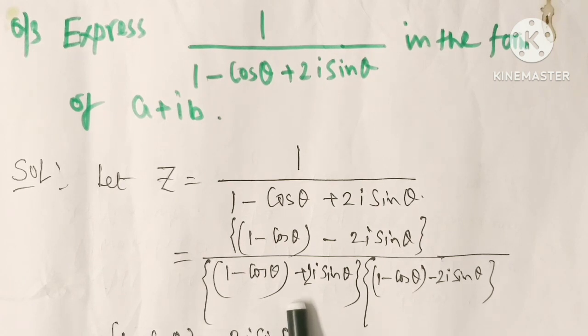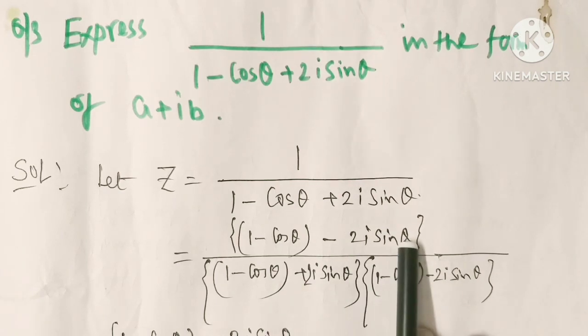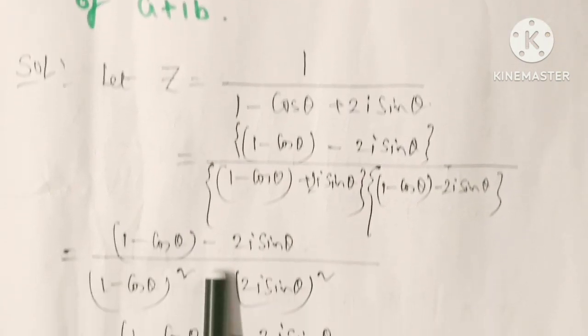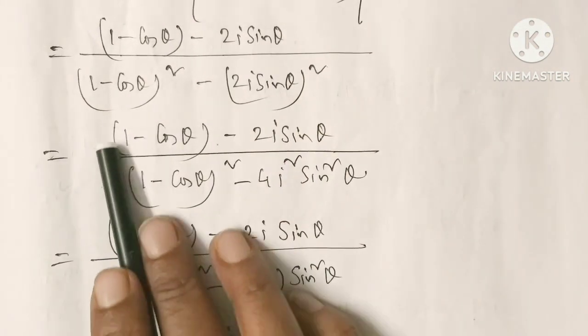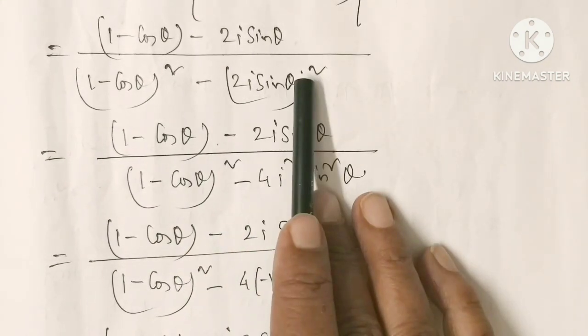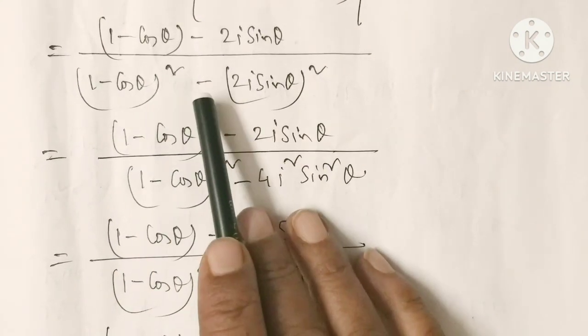Multiply both numerator and denominator by 1 minus cos theta minus 2i sin theta. We get in the numerator 1 minus cos theta minus 2i sin theta. In the denominator we follow the a square minus b square structure, that is (1 minus cos theta) whole square minus